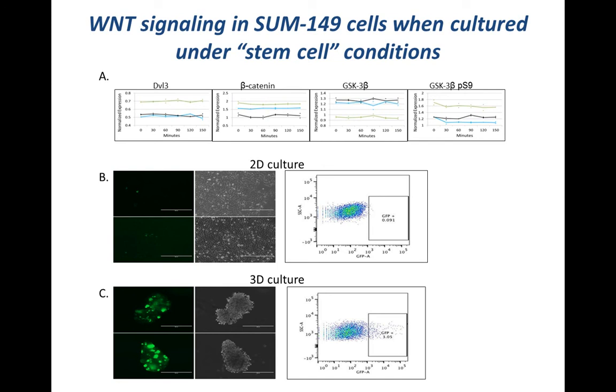But when we took the same cells and we grow them in so-called stem cell media, in conditions in which they make these three-dimensional tumor spheroids with factors that promote the development of stem cells, suddenly we get these clusters of cells lighting up like Christmas trees, indicating that there are groups of cells in these clusters that have very active Wnt signaling. So that was pretty exciting, because it was consistent with this evidence, and it suggested there was some pretty active Wnt signaling in these SUM149 cells. So that was pretty cool.